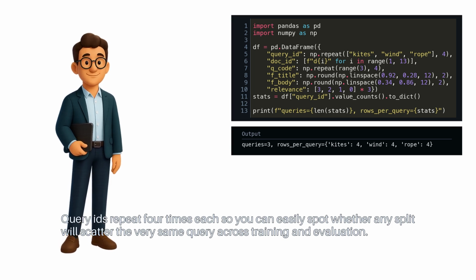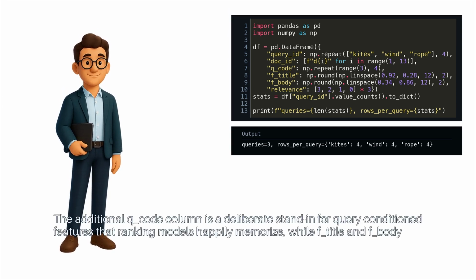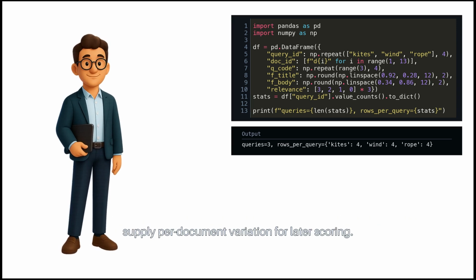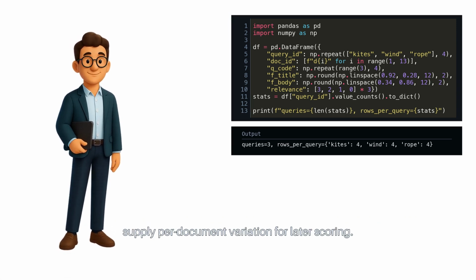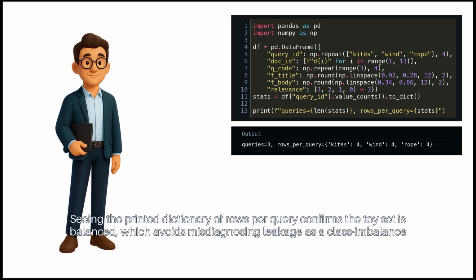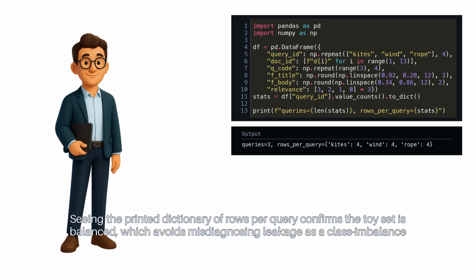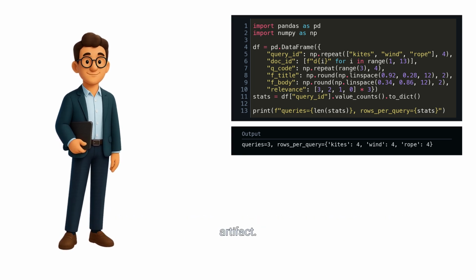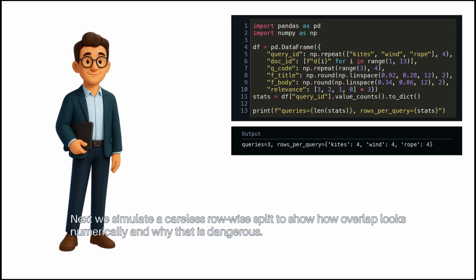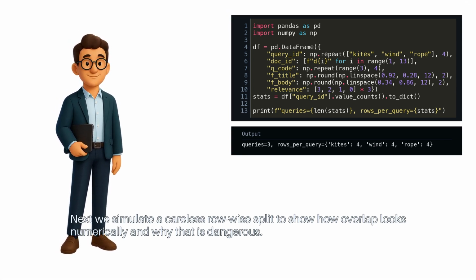across training and evaluation. The additional Q-code column is a deliberate stand-in for query-conditioned features that ranking models happily memorize, while ftitle and fbody supply per-document variation for later scoring. Seeing the printed dictionary of rows per query confirms the toy set is balanced, which avoids misdiagnosing leakage as a class imbalance artifact. Next, we simulate a careless row-wise split to show how overlap looks numerically and why that is